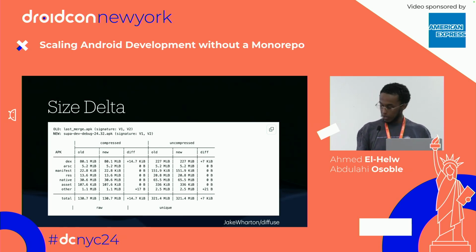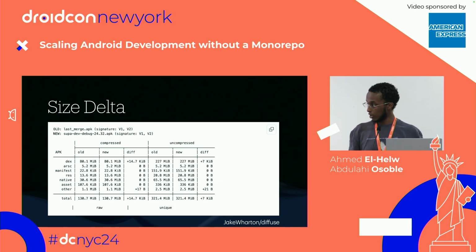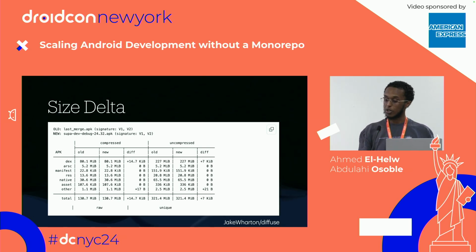So there are 2 things to catch over here. When you're bumping your internal dependencies, things could slip through. For example, you accidentally added some PNGs or a lot of different assets which increase the size of your final build by a lot, and you could catch it over here. But you could also catch third-party dependency bumps that drastically increase the size of your app as well.